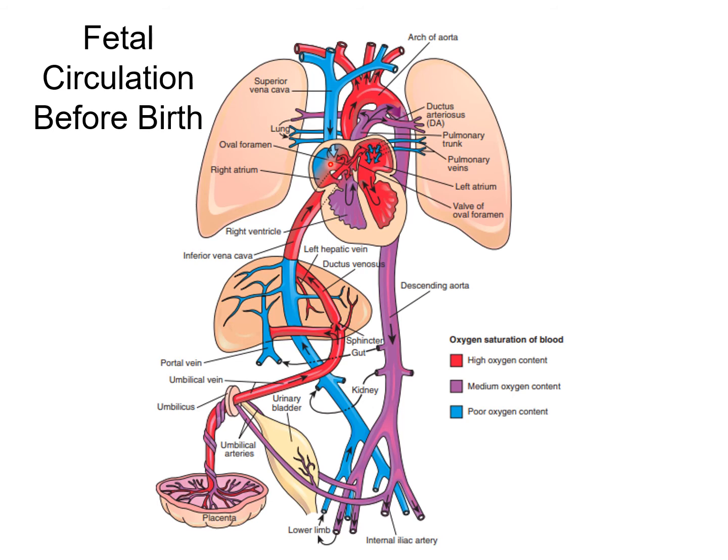Some of the blood mixes with the blood which is coming from the superior vena cava, and that mixed blood enters into the right ventricle. From the right ventricle, the blood enters into the pulmonary trunk, and from the pulmonary trunk, most of the blood, because of the pressure, goes through the ductus arteriosus, enters into the aorta and then passes to the body of the baby.